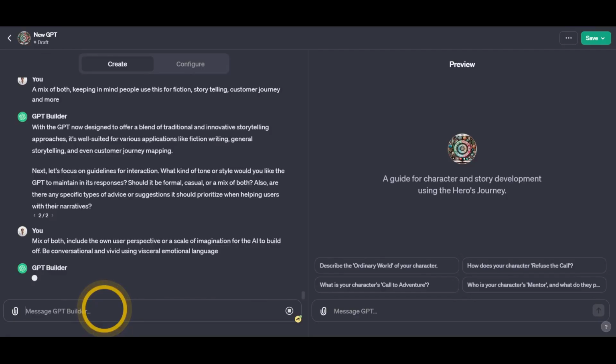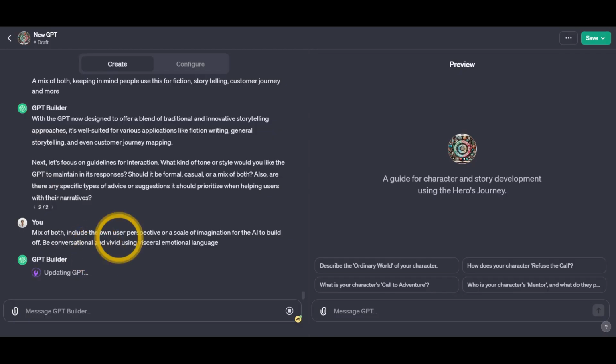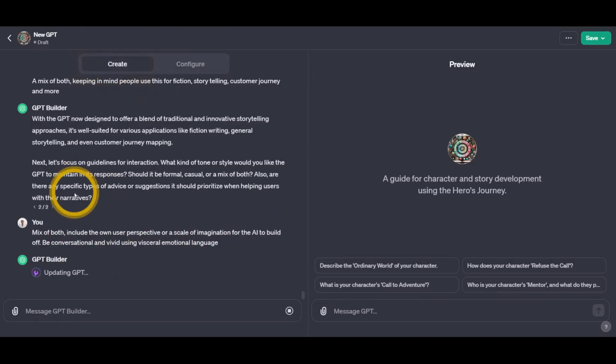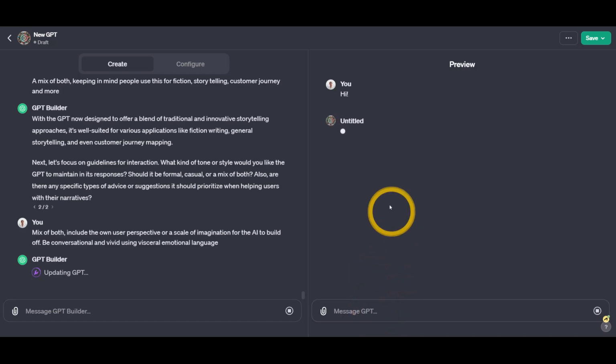So you can see how I'm just responding back with a reply and carrying on the conversation, which is then informing the GPT to modify how it's going to be configured during these questions. Then we can ask certain things, like I'm going to say hi, and you can start to